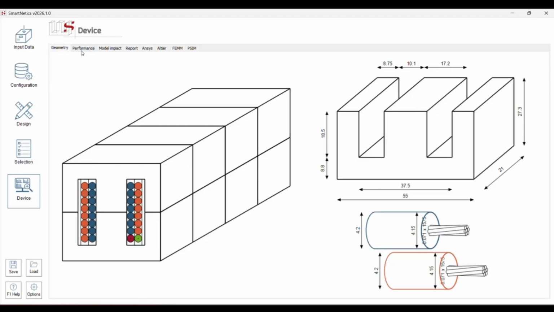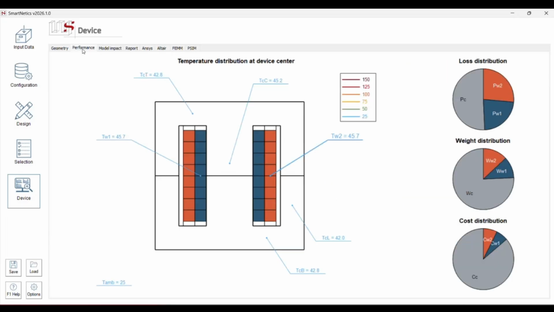If I go to the next tab, to performance, we can see the impact of that new cooling option. Instead of something close to 90 degrees, we now are in something close to 45 degrees in the winding, 45 in the center of the core. The external parts of the core are a little bit colder, as was expected, so 42 degrees, something like that, okay? So thanks to this, instead of running a new design for a new cooling option, we are analyzing what